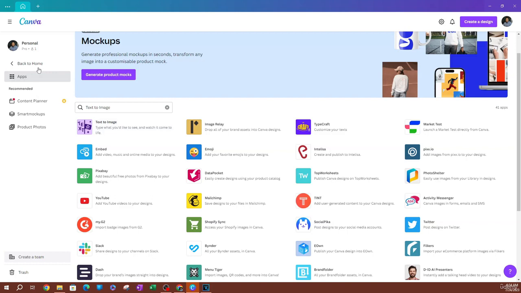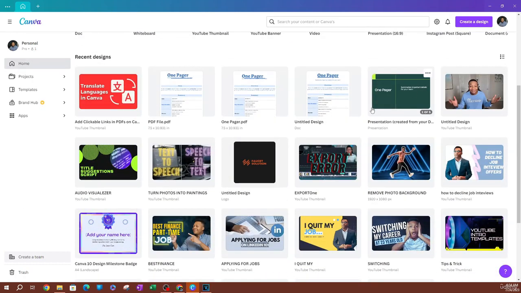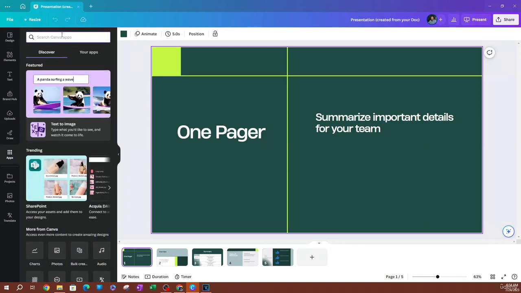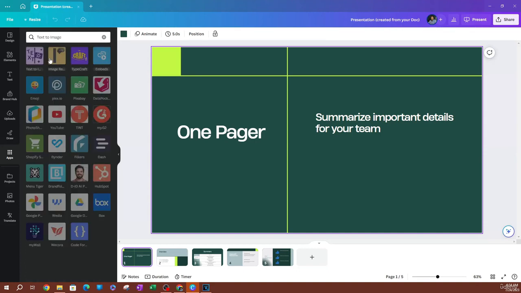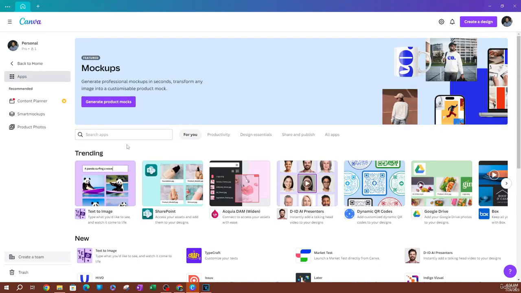Another way to access this is if you already had a project open. Let's say I was on this project here, right? You can easily go to apps here and look for text to image, and you are going to be able to access the app here. Okay, now we're going to go through this app's pathway here. So let's go ahead and look up text